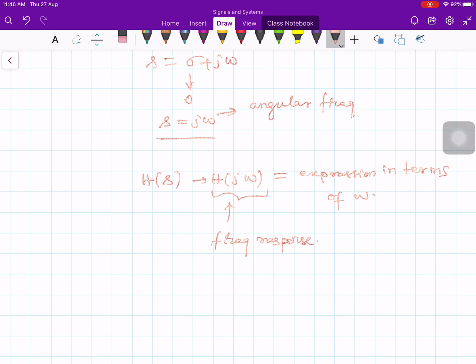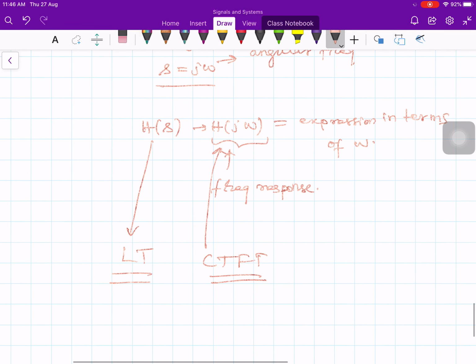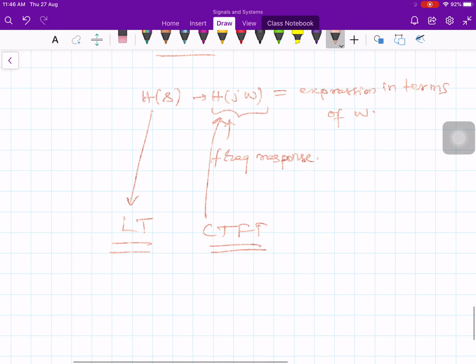It turns out that when we study Laplace transform, h of s will be used. In Laplace transformation methods, the system function comes into its own. So, it is very important. We will use this h of s repeatedly in Laplace transform. Similarly, h of j omega will be used in CTFT, continuous time Fourier transform. We will try to exploit the properties of the system function to deal with a transient response. Similarly, when we study CTFT later, this h of j omega, the frequency response function, will be very useful.